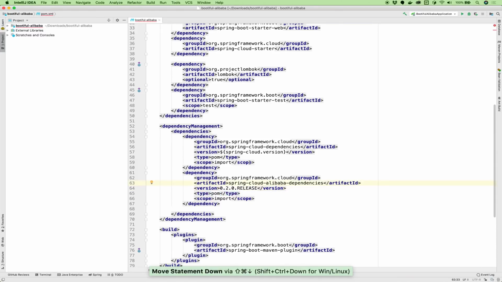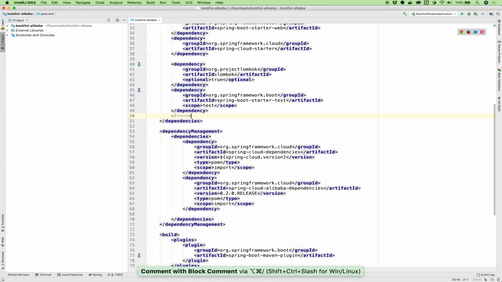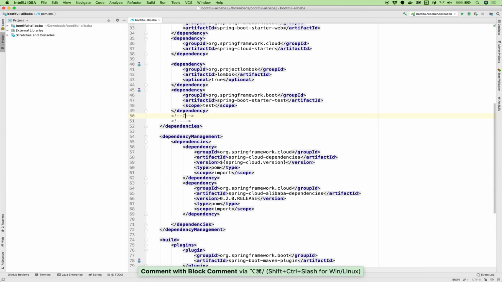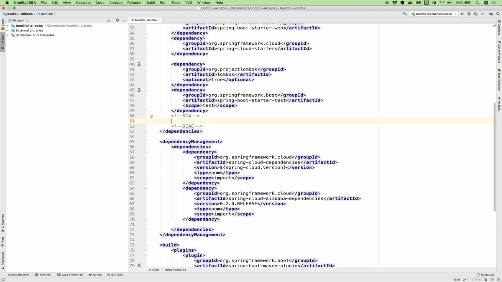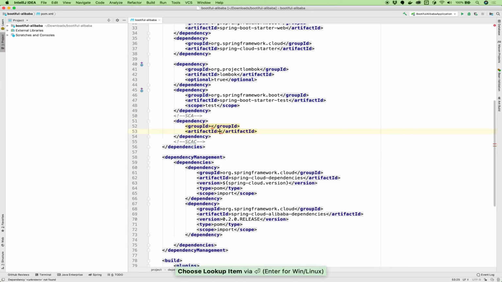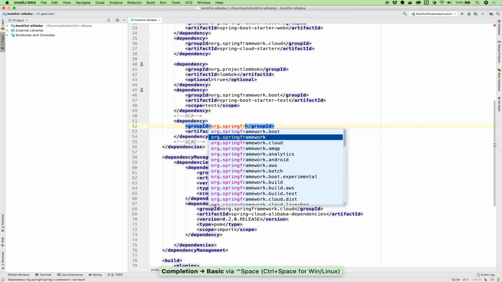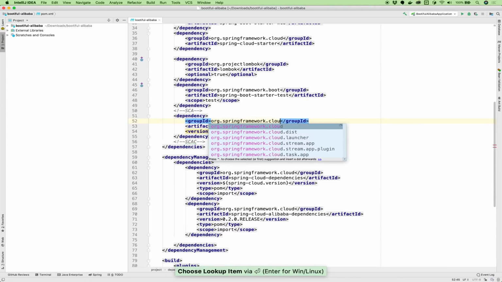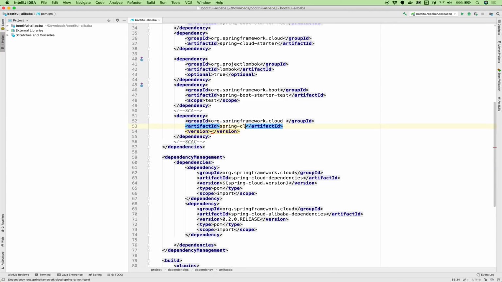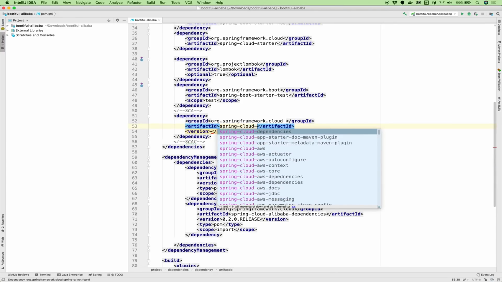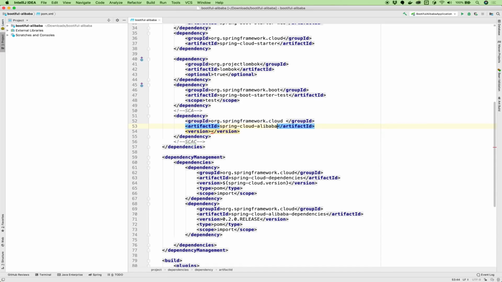Now, once we add this, we're going to add some dependencies here. These will be OSS, SCA, SCAC. So here, dependency, Spring Cloud Alibaba.